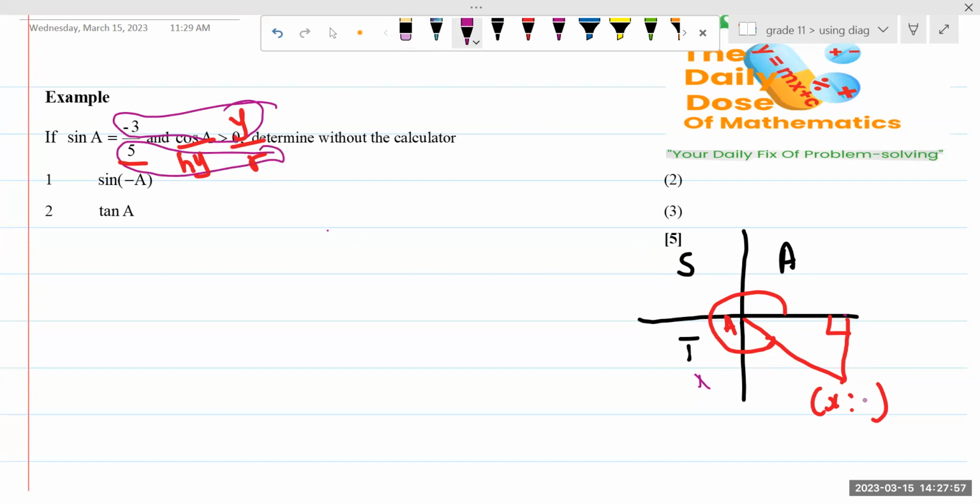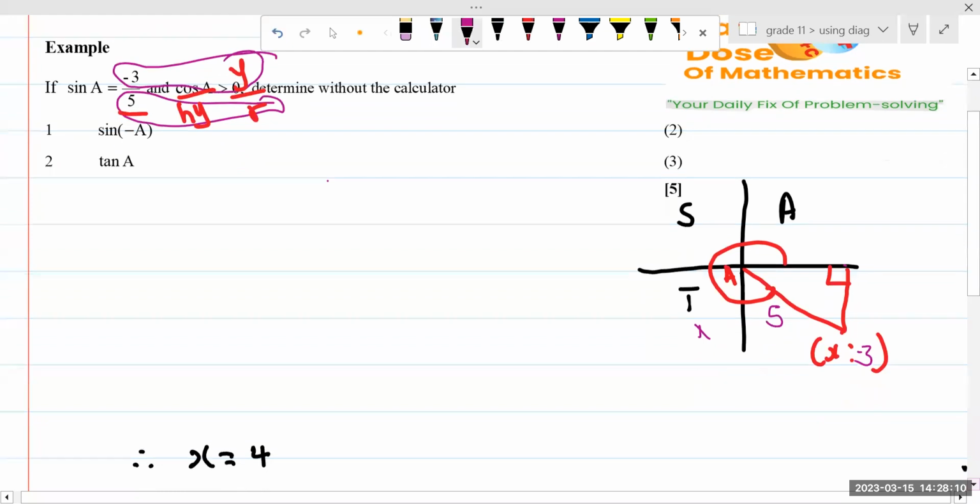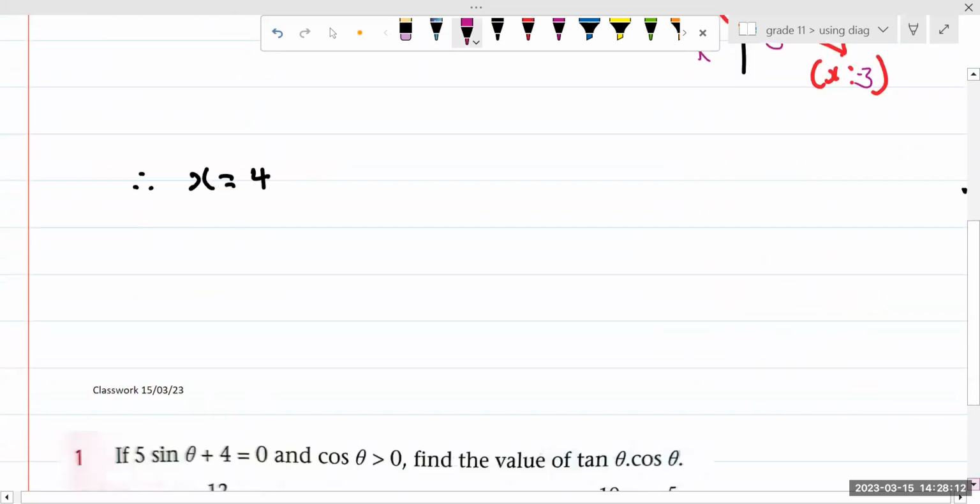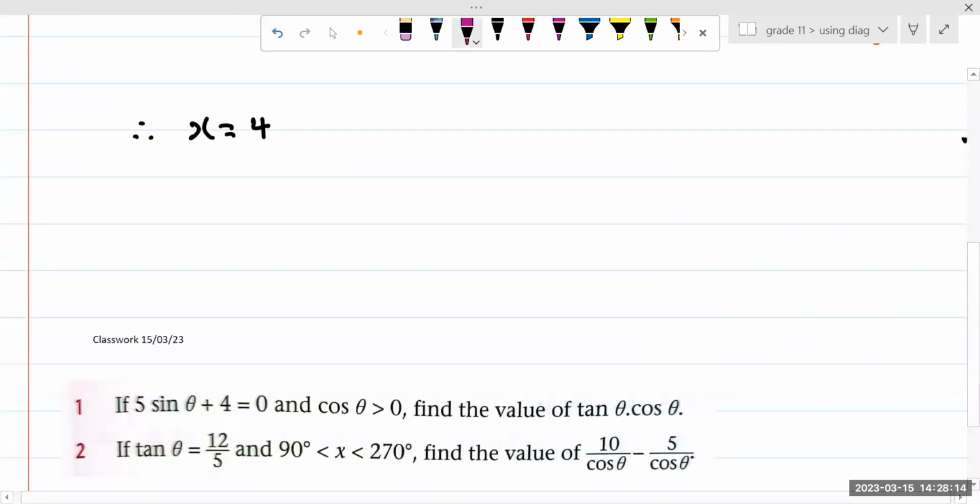So what you're supposed to have here, you're supposed to have minus 3. And then your r is always positive, it is going to be 5. So that's the first part that we should do. Perhaps let's get that under the belt. Let's first start by getting the diagram in order, doing the following 2 activities. Let's get the diagram in order, and then we'll move on from there. I'm going to pause and then